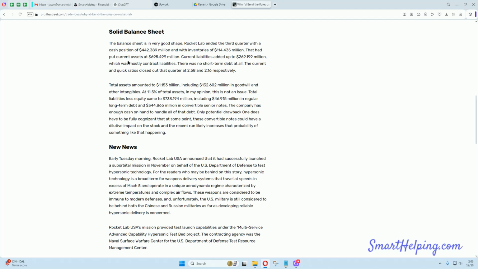Current assets of 695 million, current liabilities of 269 million, which is mostly contract liability. So the question is, what does that even mean? Current liability of 269 million, mostly contract liability. So what that is,